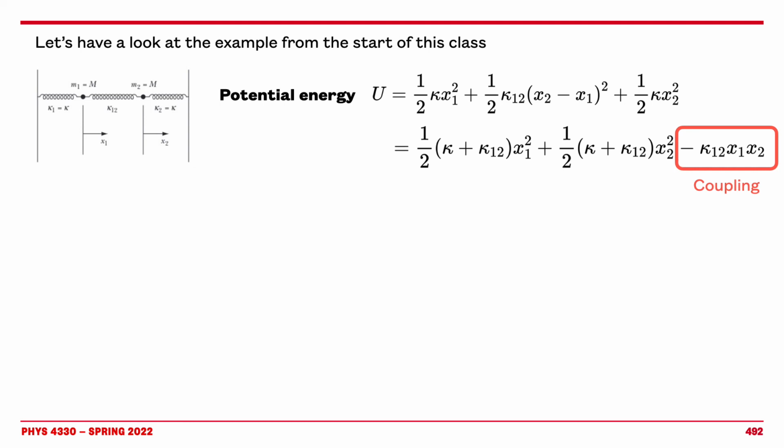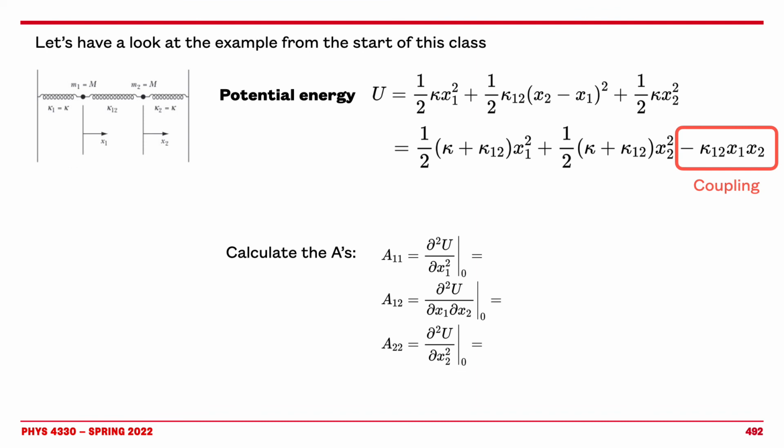Now, once we have the potential energy, we calculate the A's. Remember, the A's are the Hessian of U. So we have 4 of them, right? These are the 4 elements. What I suggest you do at this point is to pause the screencast and try to calculate them for yourself. And then once you do this, you find that the second derivative of U with respect to x1 squared is kappa plus kappa 12, and so on and so forth